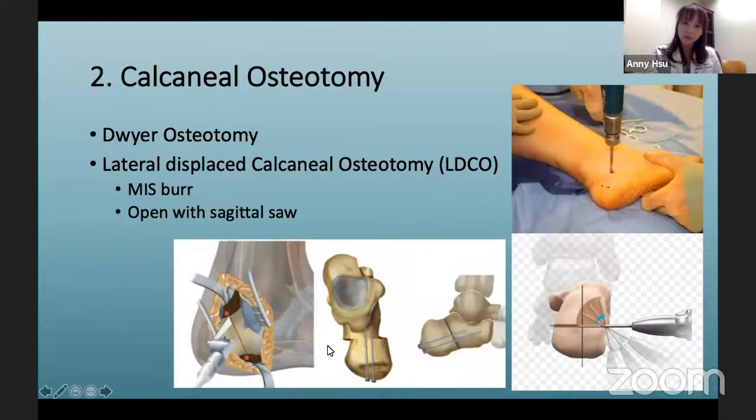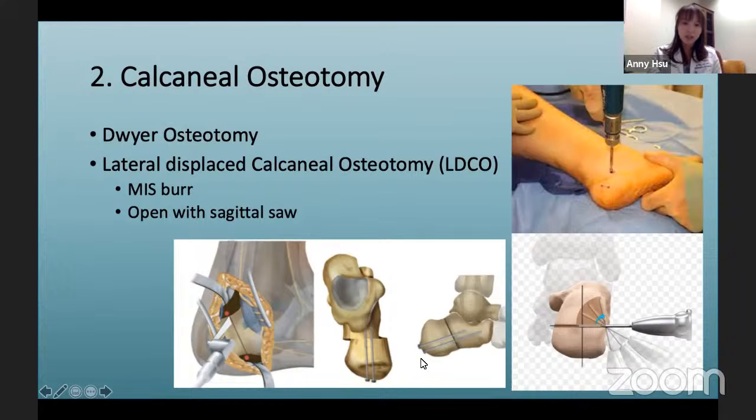And this can be done open with a sagittal saw, or it can be done with a small MIS high-speed burr, where through a small poke hole, the calcaneus can be schematically divided into 4 quadrants in your head, and the high-speed burr can be trimming away the calcaneus to create the cut. But no matter how you do your cut, you essentially have to fix it still. So you would shift this calcaneus laterally. And for me, sometimes if the cavus is severe enough, I sometimes shift it a little bit superiorly as well, before placing my calcaneal screw for fixation.